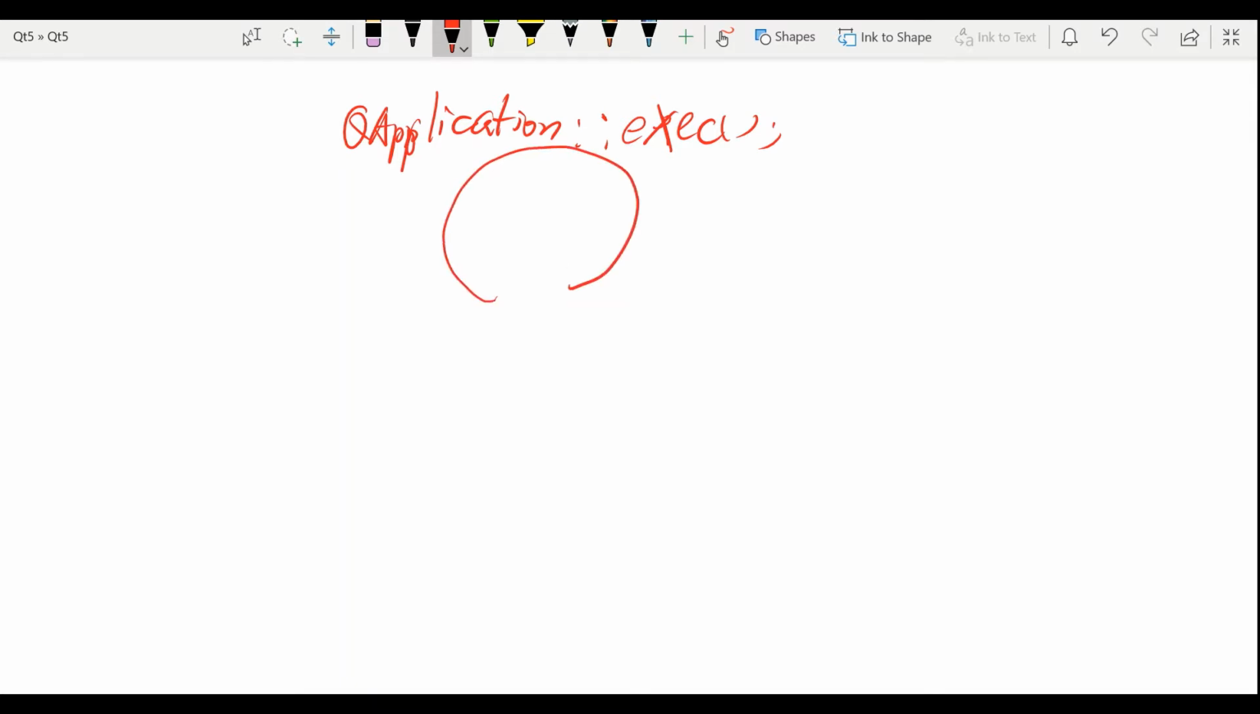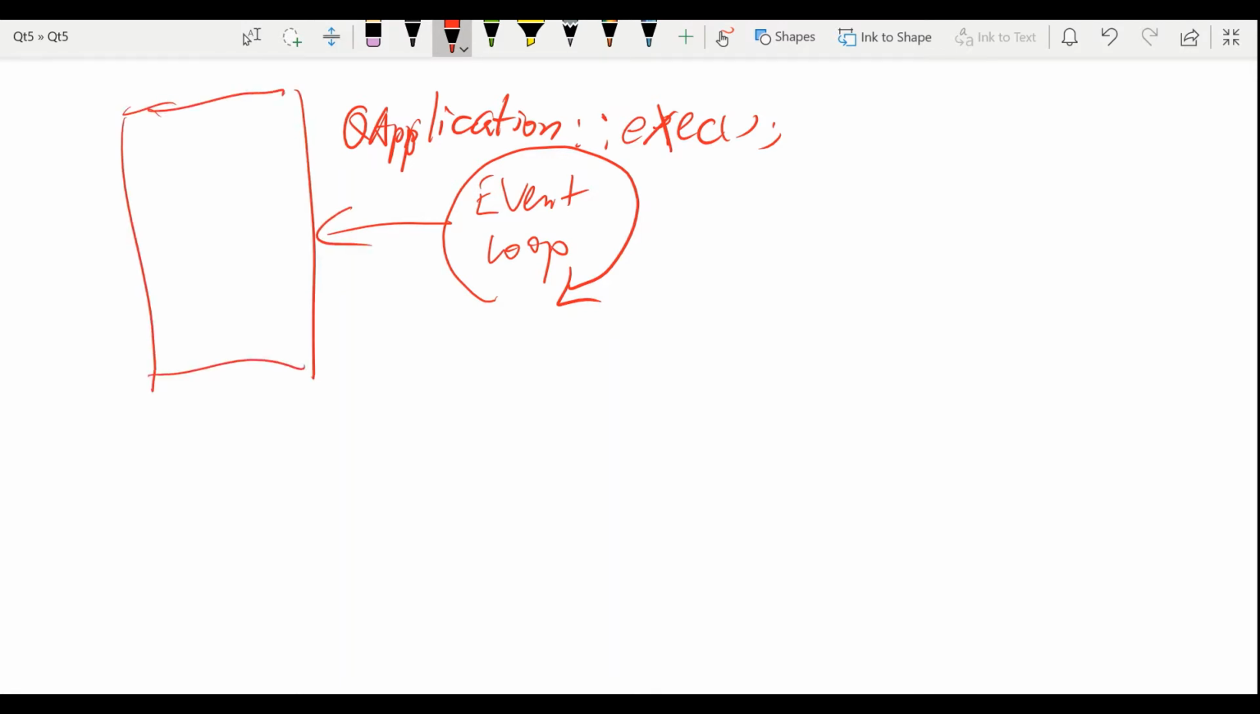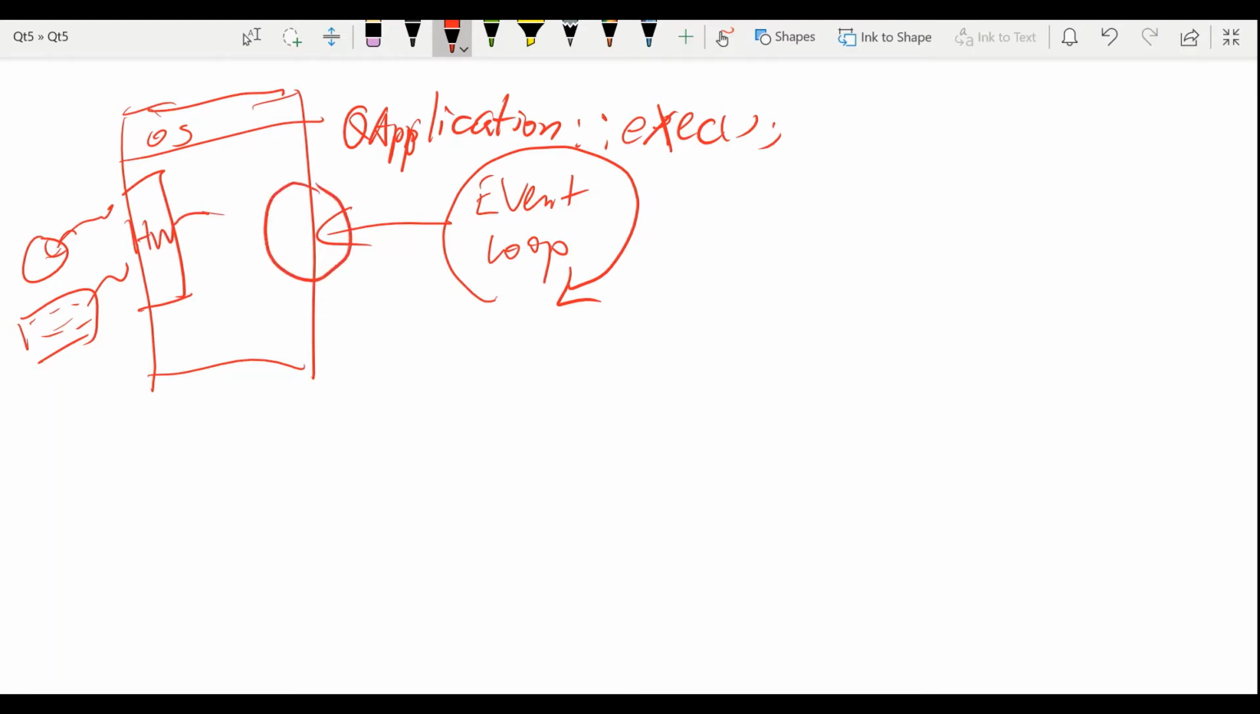It starts an event loop. This event loop keeps asking the operating system about some user behavior, like mouse clicking and keyboard typing. This operating system, like Windows, Linux, macOS, and so on, has its own hardware drivers, and with this operating system, they have an interface with the Qt framework. And then we get this,